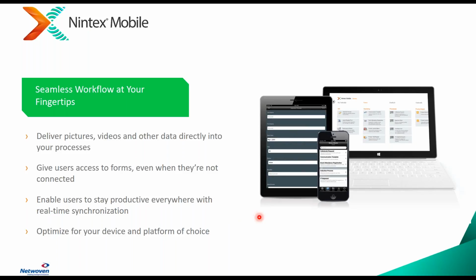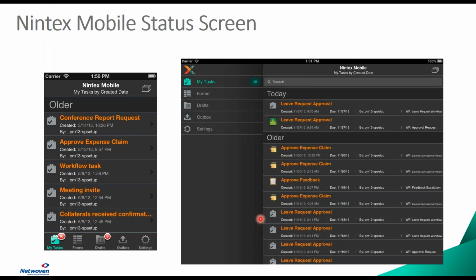So this is a really outstanding feature that's part of the platform, as included in the price of what you pay for this product. This is the enterprise version, showing you what the user would see on their device. On the Nintex Mobile on the left-hand side, across the bottom is where you want to pay attention to. All the forms that I have, all the tasks that have been assigned to me, I have access to those to approve or reject.